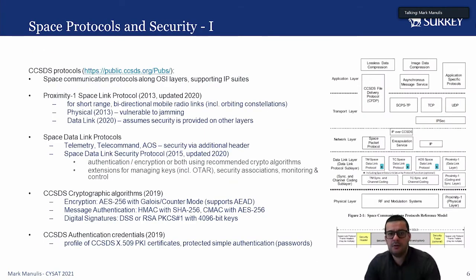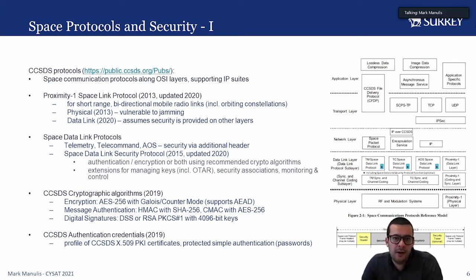We also try to look what are the protocols out there, and in particular, are there any standards? And so we found this set of protocol of standards, so-called blue books, published by the Consultative Committee for Space Data Systems, so CCSDS. And what they try to do basically is to create some standards for lower layer protocols, so physical layer and data link layer, such that at the higher levels, a typical IP set of protocols could be used, right? And if you have support for IP suites, then you can use possibly commodity protocols at the IP layer, including security protocols at the IP layer, such as IPsec. Well, subject, of course, to performance